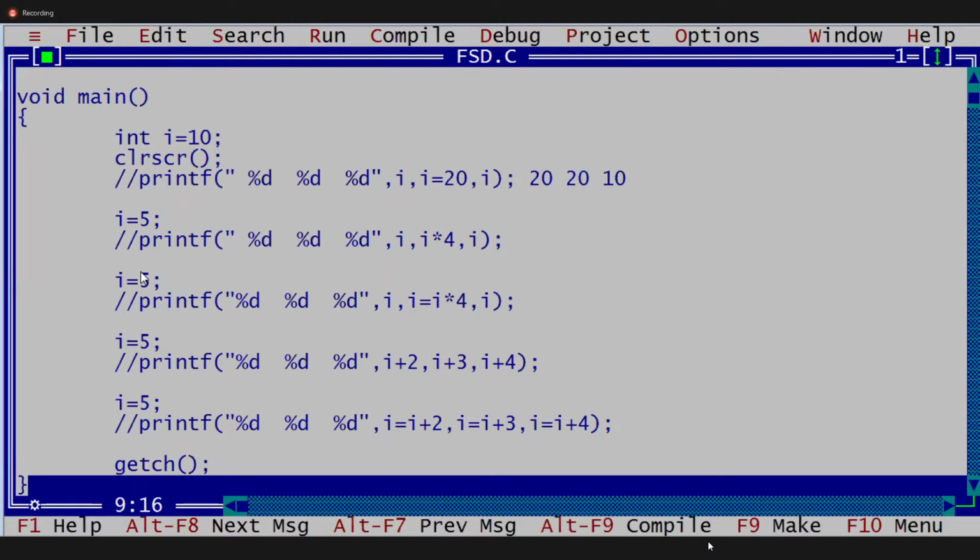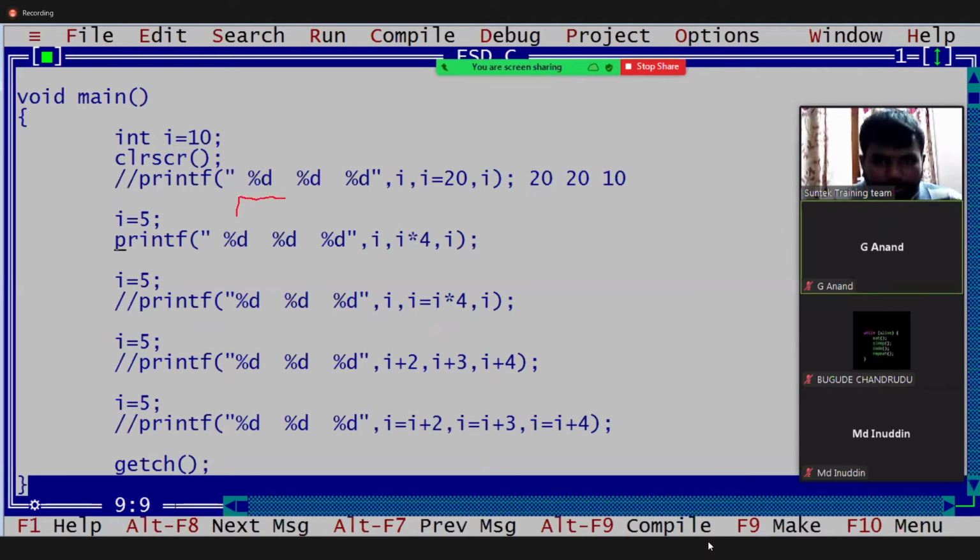The second statement, guys. What is the second statement? I want to print first this one, the i value, then i into 4, again the i value. It is printing the i value, guys. While printing i like this, what is the i value first? The i value 10 will be printed. Now i into 4. Sorry, this is 5, right? Yes, the i value is modified; the i value is 5. Now what is i into 4, guys? 20. Now the value is not modified, guys. Again, the third percent d is i. Now the answer is, guys, 525.